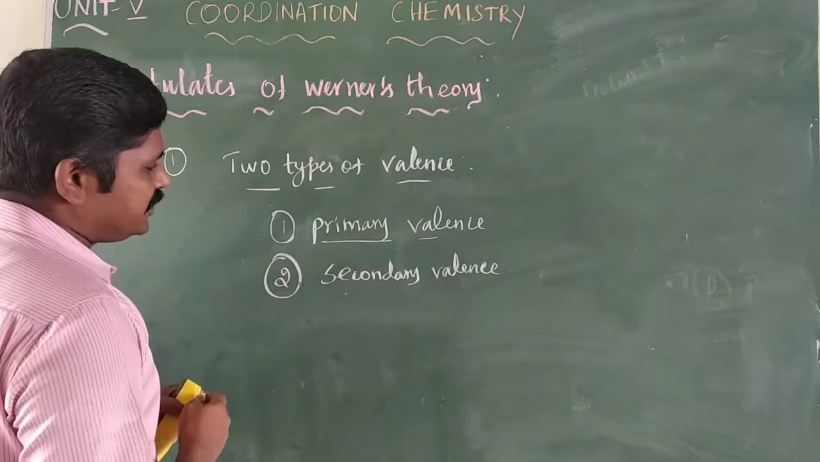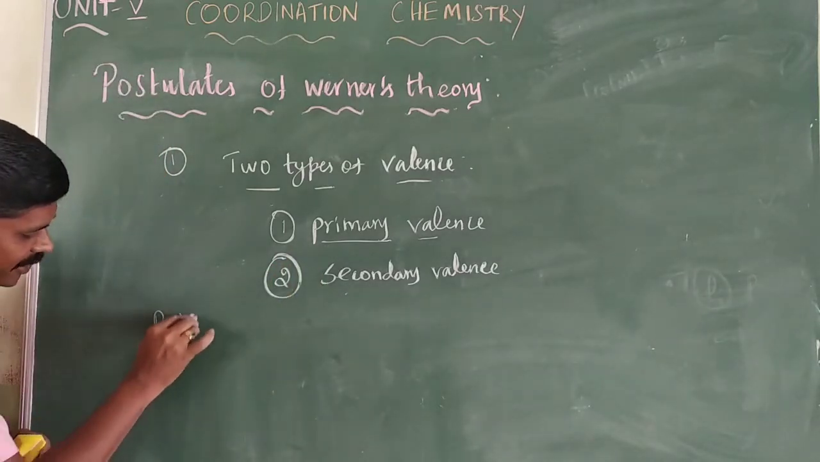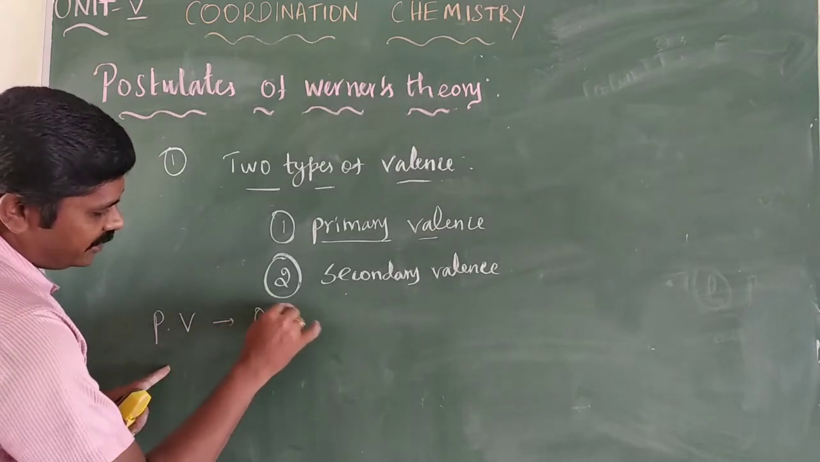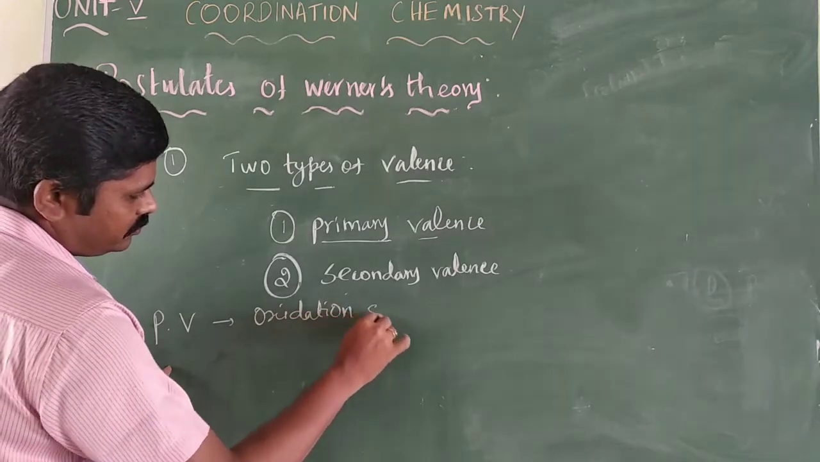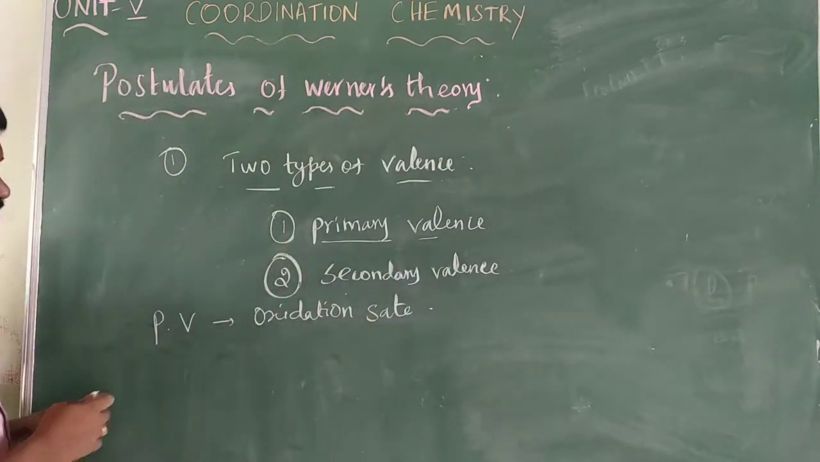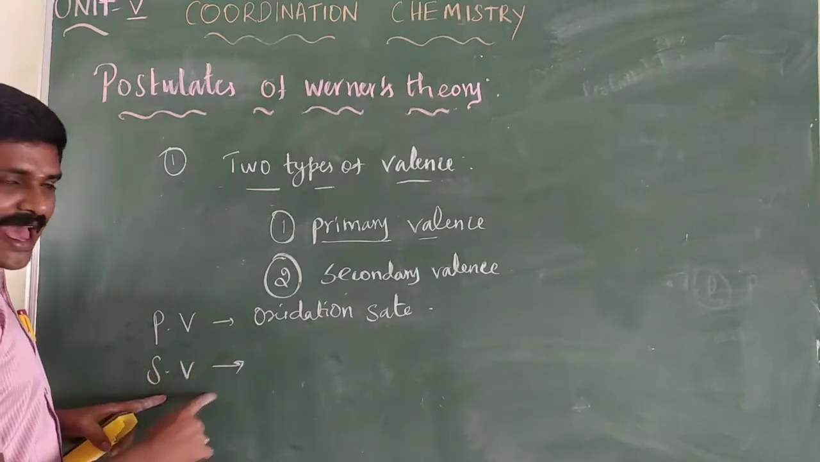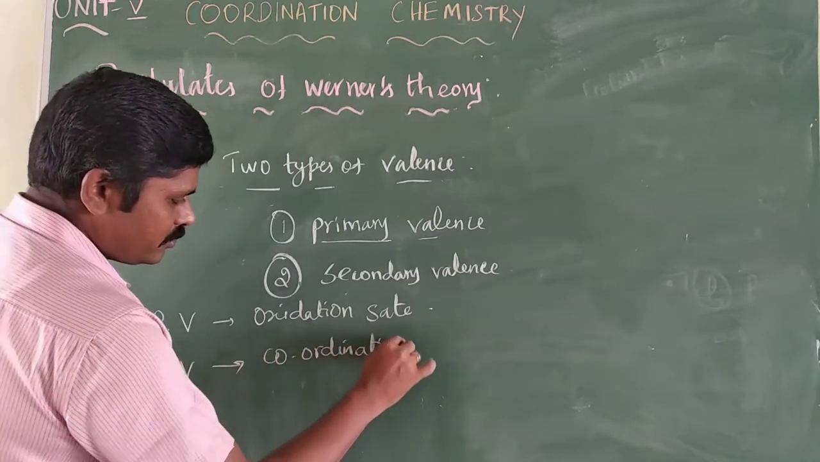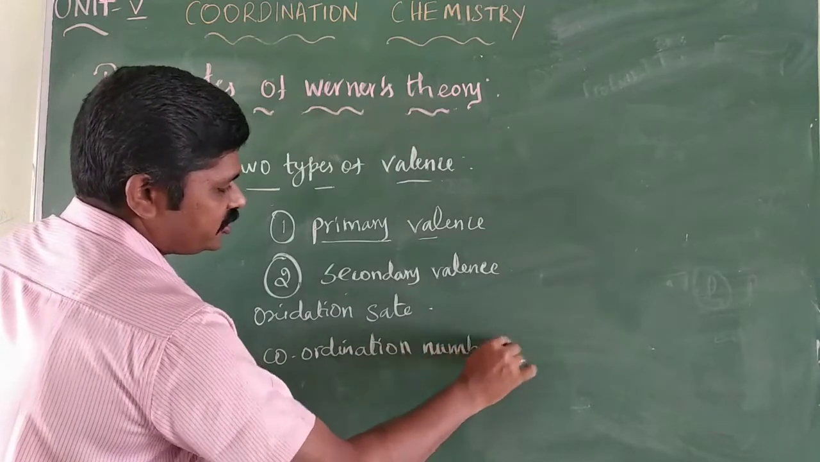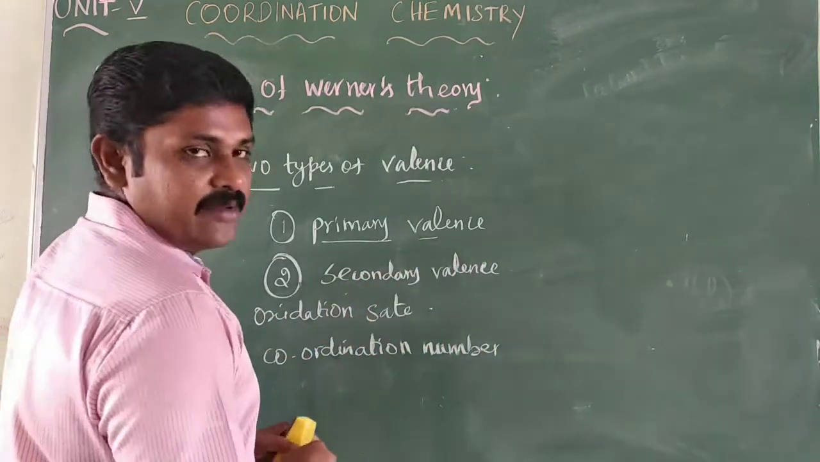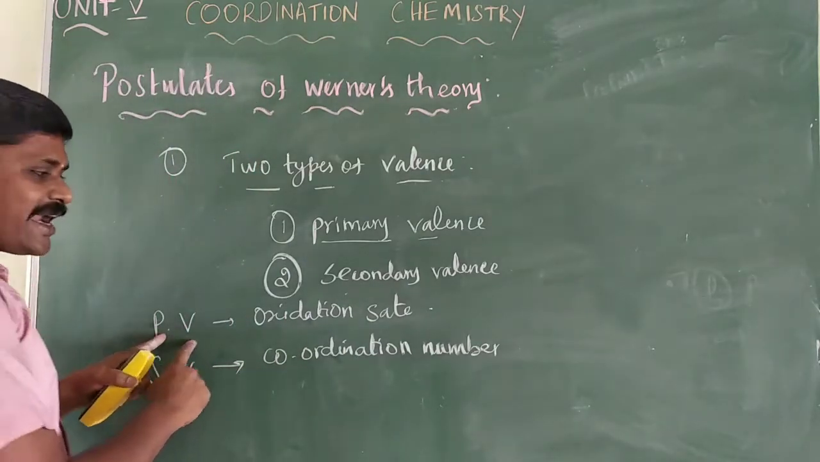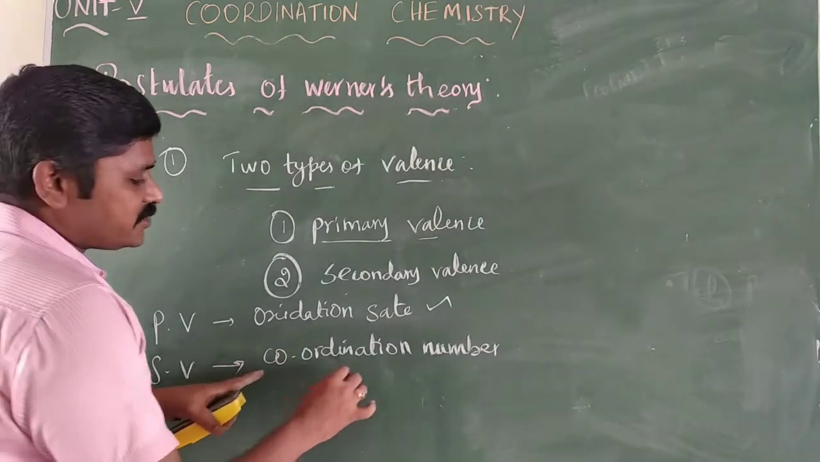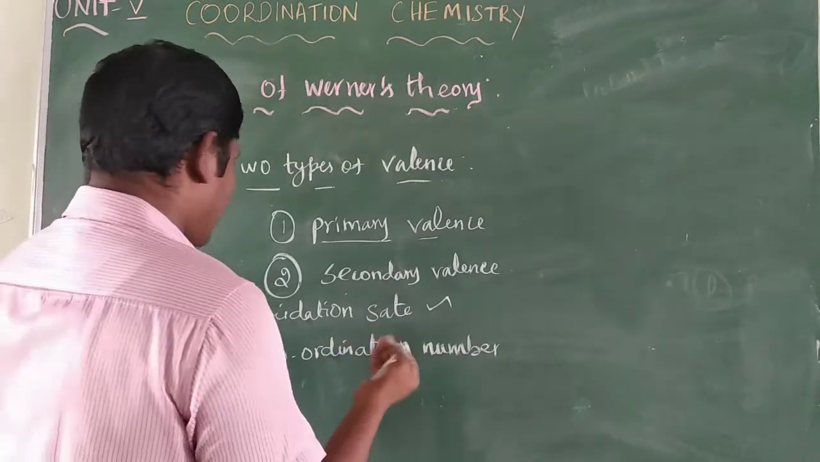In modern terminology, the primary valency is referred to as oxidation state, and the secondary valency is referred to as coordination number. For example,